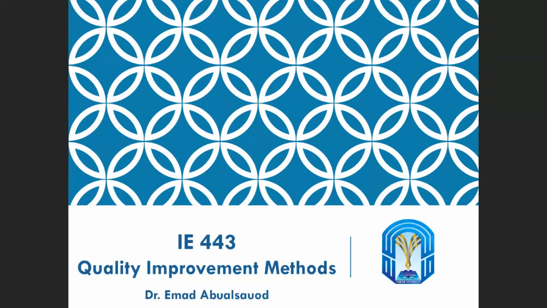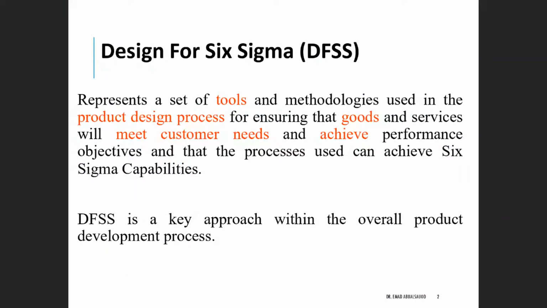Welcome everyone to Quality Improvement Methods, and today we will talk about a new topic extended to the DMAIC and the Six Sigma, which is the design for Six Sigma. Design for Six Sigma represents the tools used in the product design or even in a process to ensure that the goods or the service are meeting the customer needs and also achieve the Six Sigma capability, which is the 3.4 DPMO or the equivalent